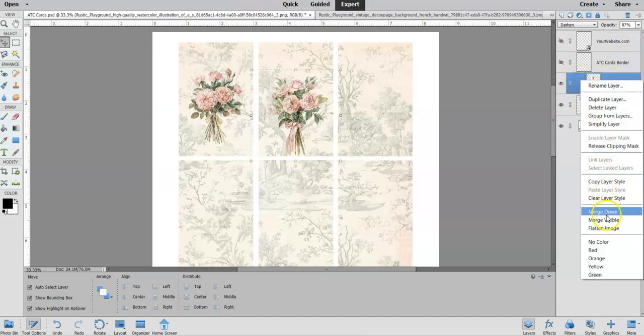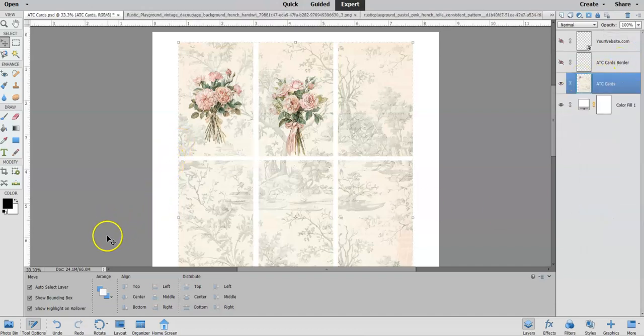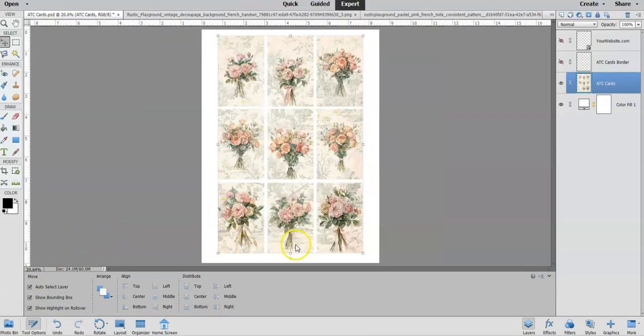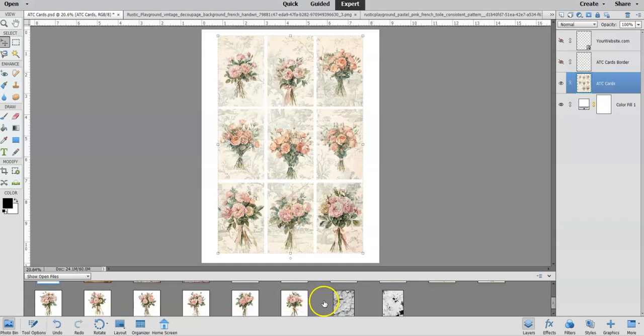Okay, right click, merge down. And I'm going to pause this and finish, and then I will be right back. So I've done all 9 of my bouquets here. Now I'm going to go back down to the photo bin. And I'm going to select